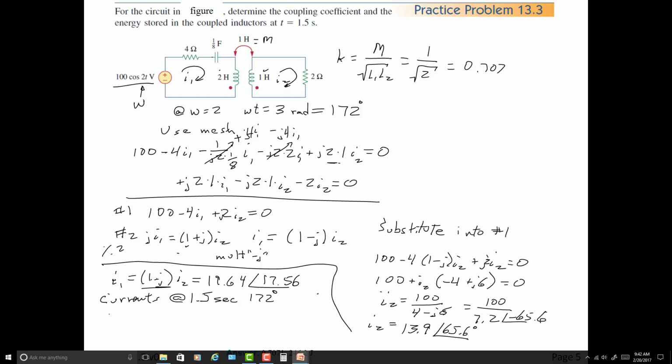I'll do one. I1 is equal to 19.64 cosine. And now omega t is our 172 degrees